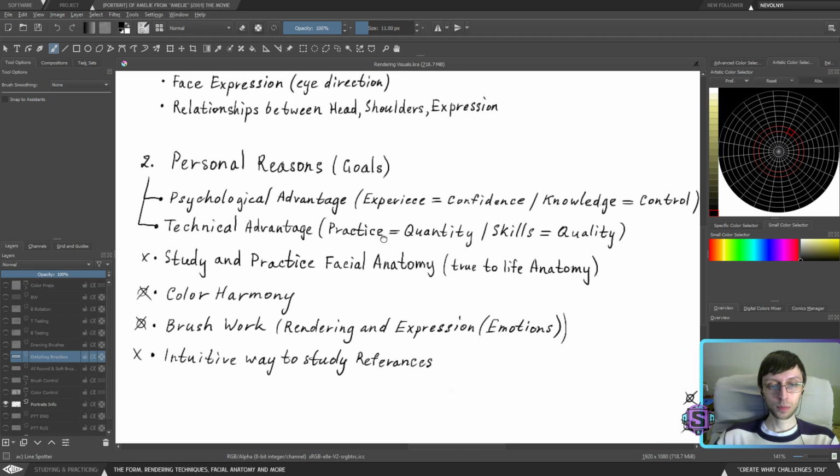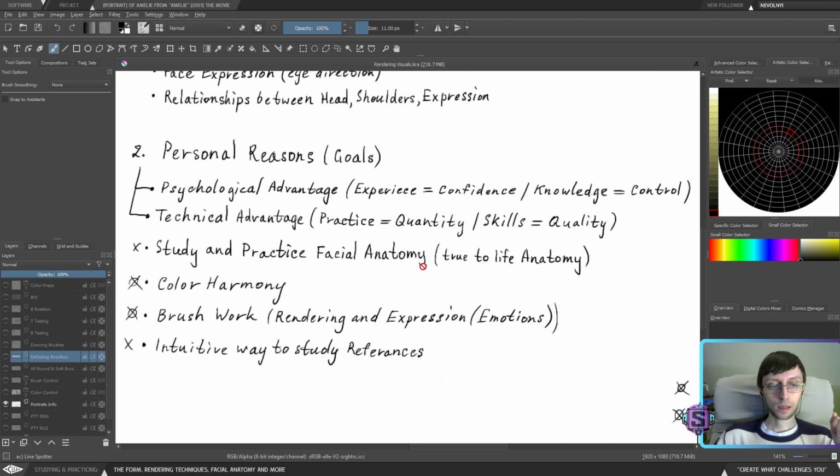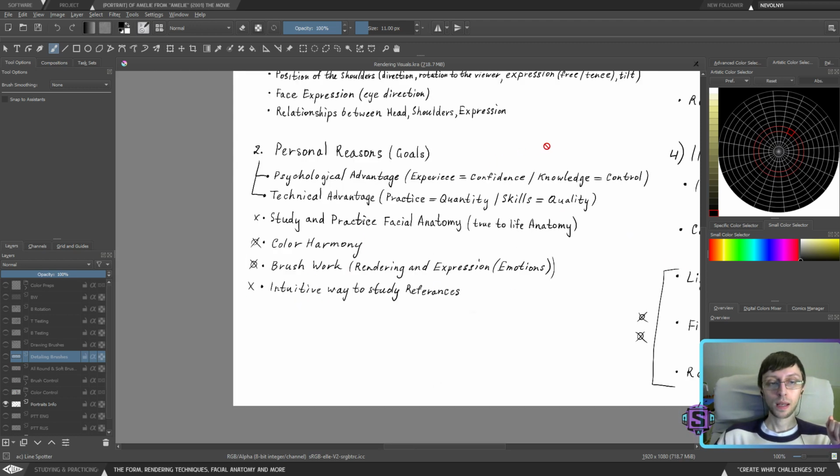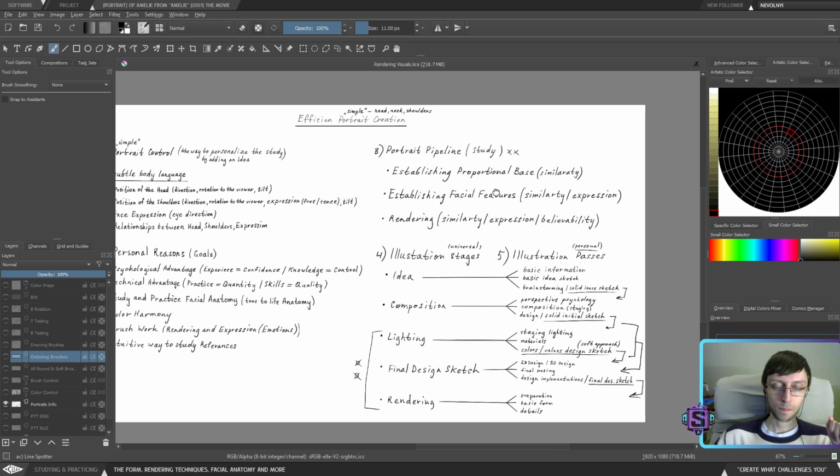And again, it all comes down to understanding your psychological advantages that you're going to gain throughout experience, confidence, knowledge, control, your technical advantages, practice based on quantity, and skills based on quality, and figure out your own personal technical and psychological advantages, and then learn how to apply those advantages into your personal pipelines.